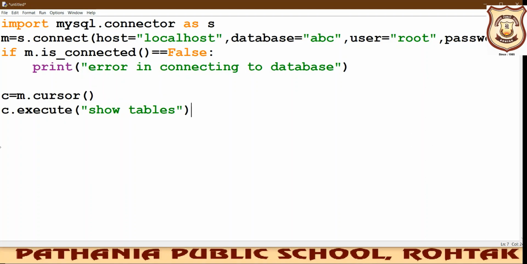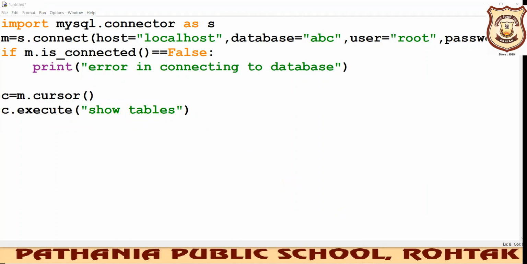See what I'm trying to do: initially we have created a connection with the database ABC that was already existing in my MySQL database, and then I am trying to check what all tables are existing inside this database. I have done the same check in MySQL also.